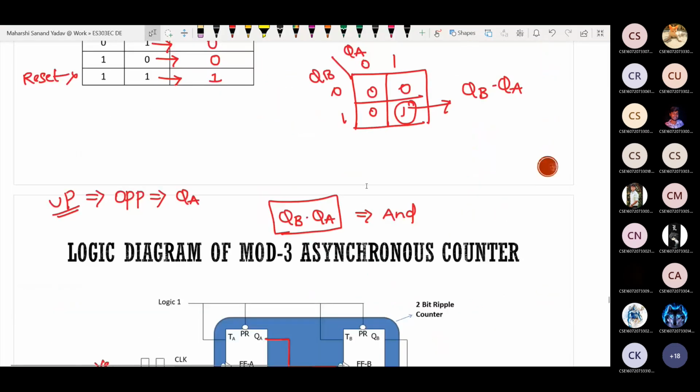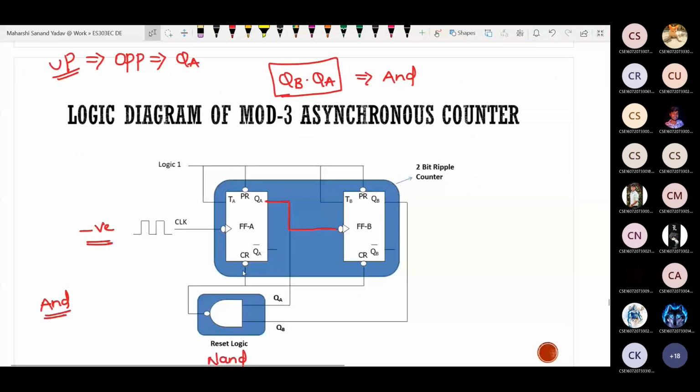But while drawing the diagram, is it active high or active low? Bubble is there. Bubble means active low. Remember, if there is a bubble, it is active low. So that's the reason I'm going for NAND gate. When 1 is applied, so 1 into 1, 1 complement will be 0. I'm getting output as 0. Now that 0 should be given to clear bar, so that whenever these particular cases are detected, it will make output as 0. If you want, you can draw like this also.